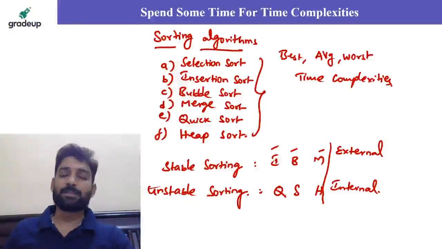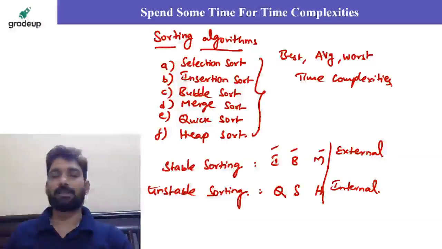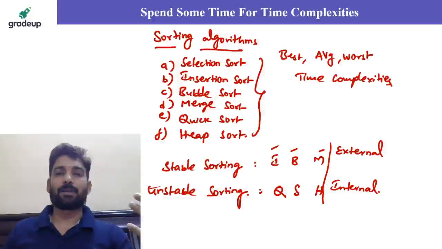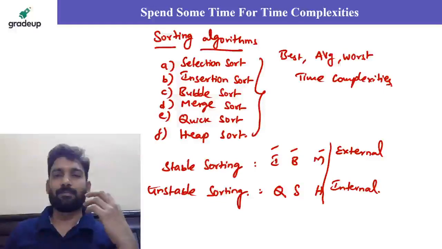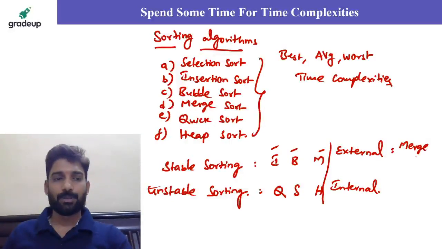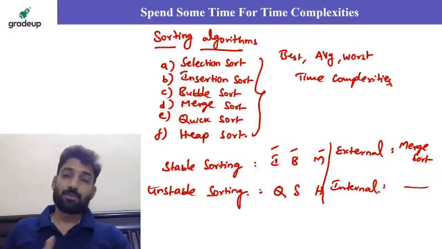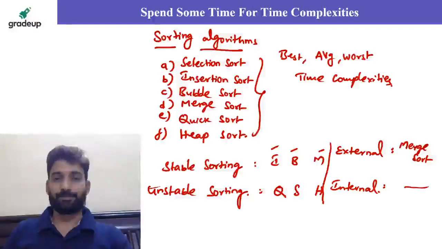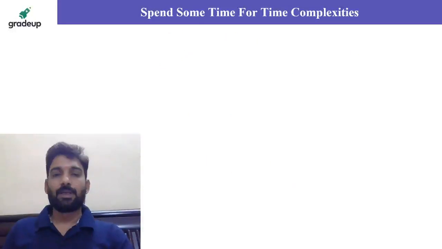If extra memory is not needed while sorting, that is internal. Other than the allocated array, if extra memory is needed, then we say external sorting. So we have merge sort as an external sorting algorithm, while the other sorting algorithms are internal sorting algorithms. So sorting algorithms' time complexity is very, very, very important. Okay, go through them. And then